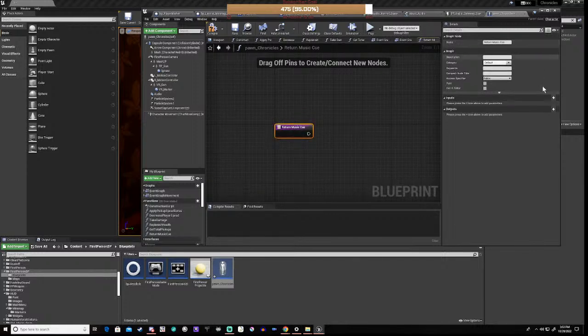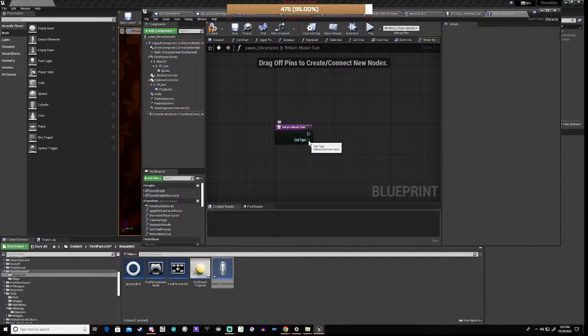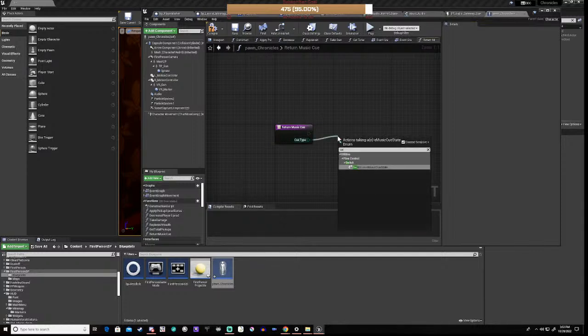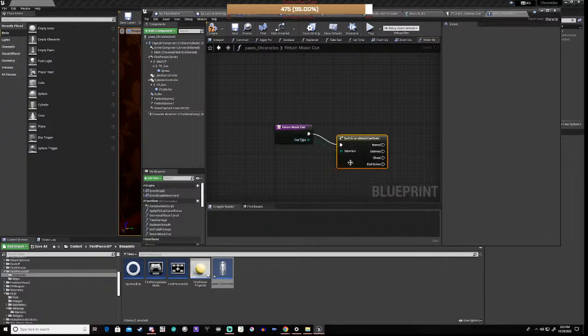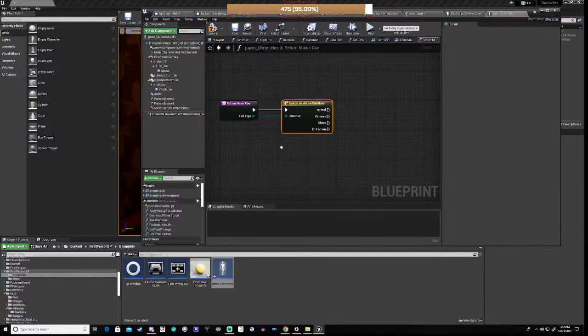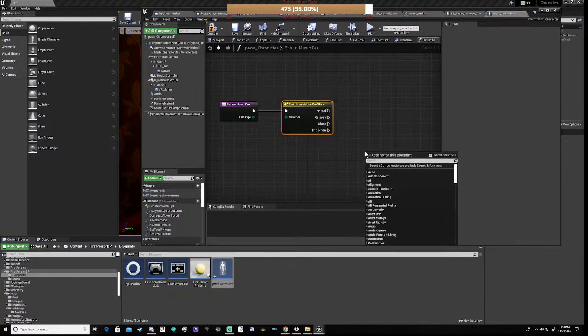And then what we can do is say queue type, and that's the right thing. Then we can switch, and then we can pick from the relevant data table. Okay, so we just say get data table row name, yeah, we get that,